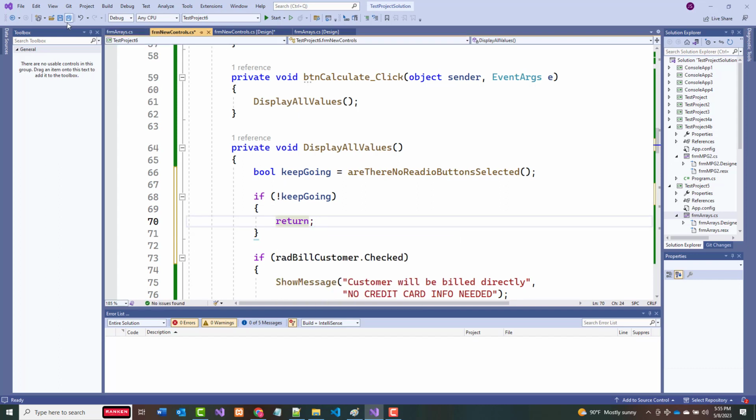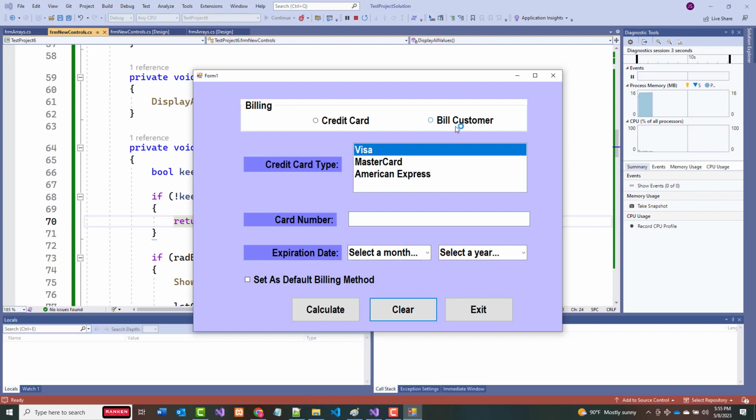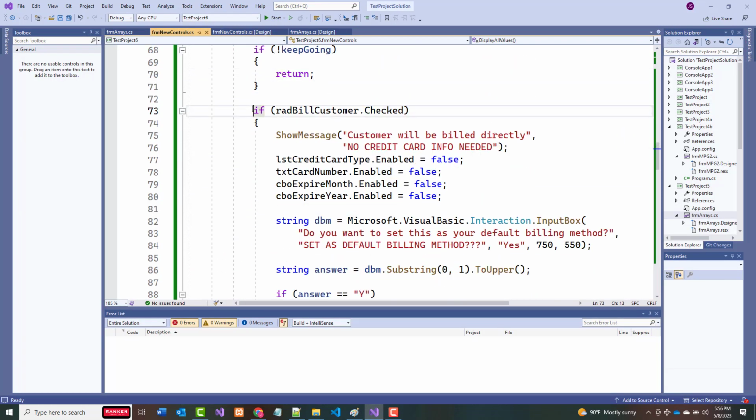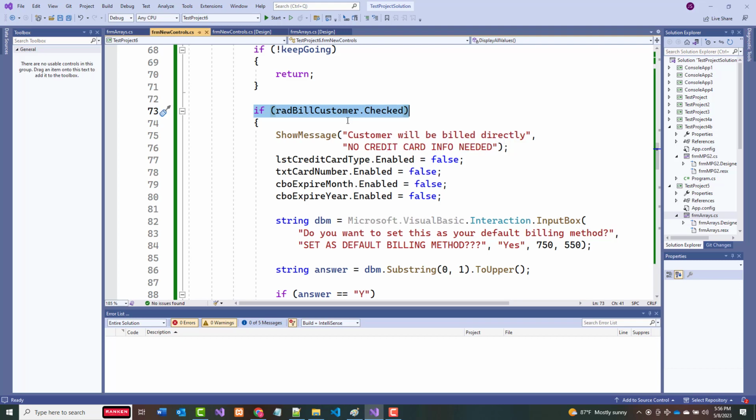Let's see if we've changed anything. File, save all. I'm going to come in here. I'm not going to choose either one of these, and I'm going to click calculate. I get no billing method chosen. You must choose a billing method. I click OK, and I'm back. So there's nothing chosen. Nothing's happened yet. That's good. All right. So here is if the bill the customer has been chosen. So that is if bill customer was chosen. All right, so if that is checked,